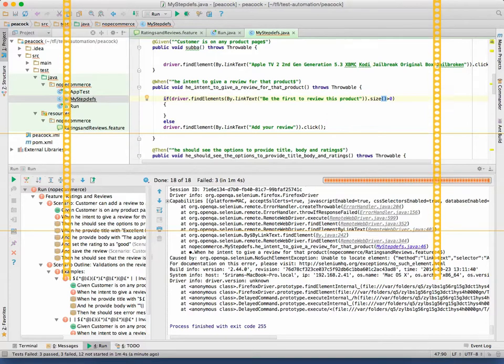So find element, you will get an element, right? There is a method called find elements. What it will do: if you have two OK buttons and you use find elements, it will give you two elements in a list. If you want, just read about lists and arrays. So now how many will it give? If I have one, it will give 1. If I have no elements there, what will it do? 0. That's the reason why I'm putting greater than 0. Okay. If it is greater than 0, what does that indirectly mean? That link is present, right?